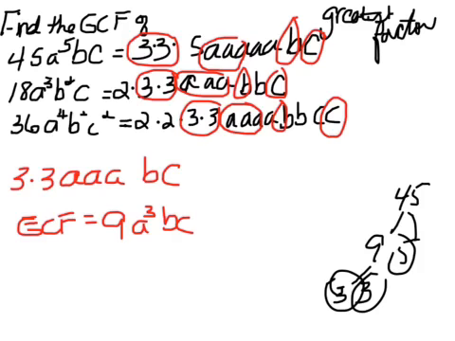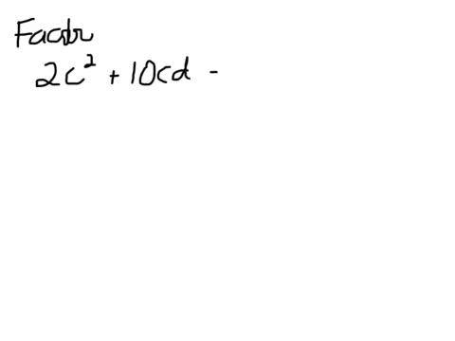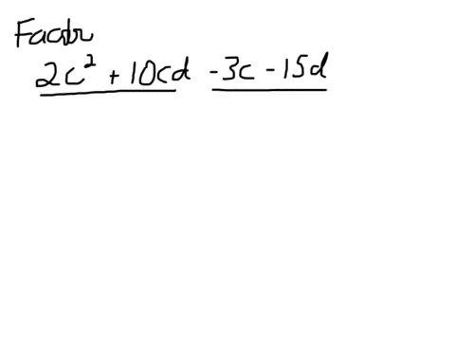Okay? Different type. Let's try to factor a problem, one of those factoring by grouping, because it seems to be one that a lot of people forget how to do. Now, remember when I factor by grouping, I split these things up into pairs. Take the first 2 together, take the second 2 together. And what I do is I look in each pair for the GCF of each pair. So the first one, the biggest thing that would divide out of 2 and 10 is a 2,